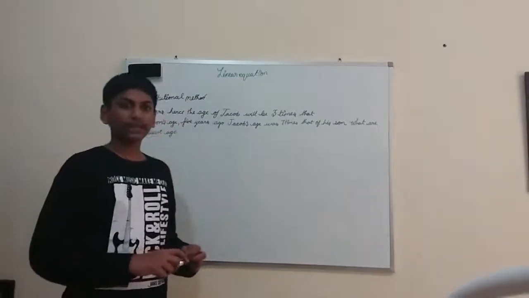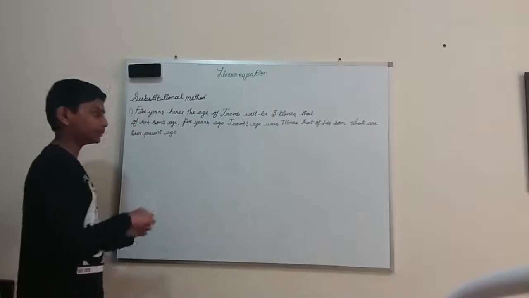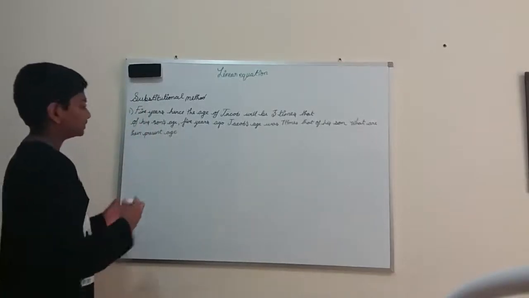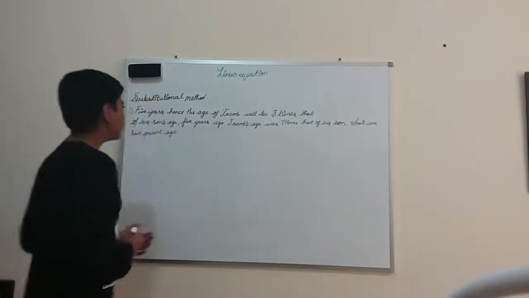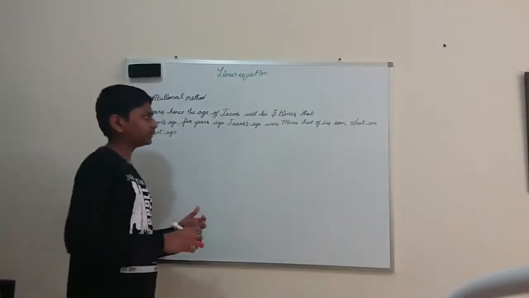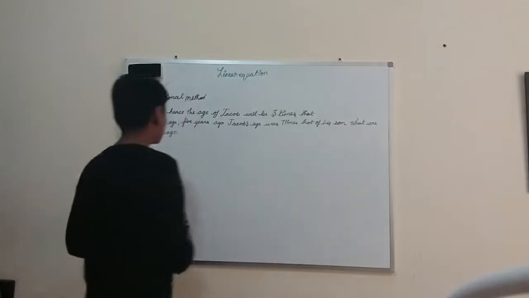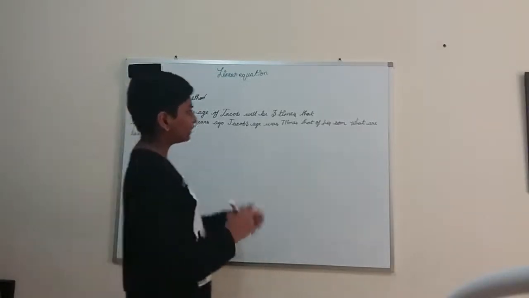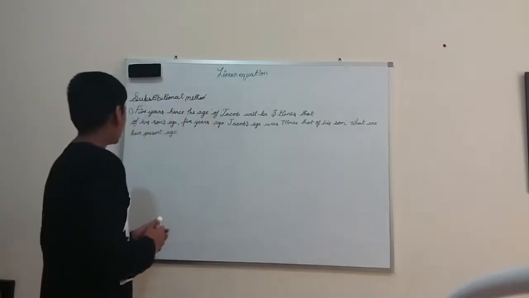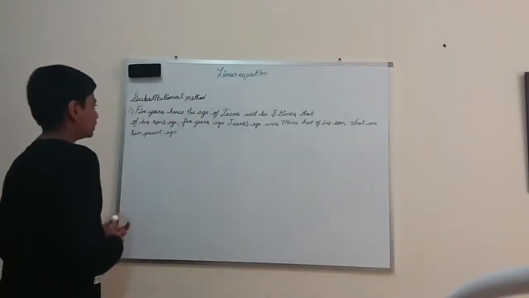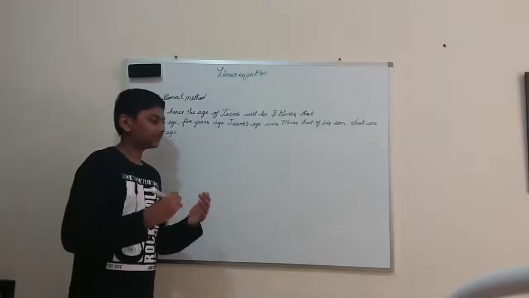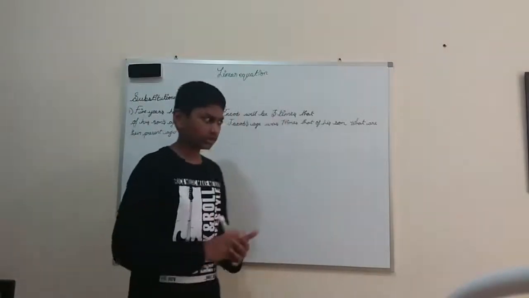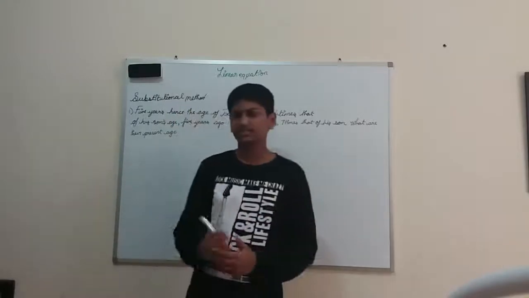Okay, now let's solve an age related question under word problems in the substitution method. So what they give: 5 years hence, that means 5 years in the future, the age of Jacob will be 3 times his son's age. And 5 years ago, that means in the past, Jacob's age was 7 times that of his son's. What are their present ages? In place of Jacob, I am taking x and his son is y.